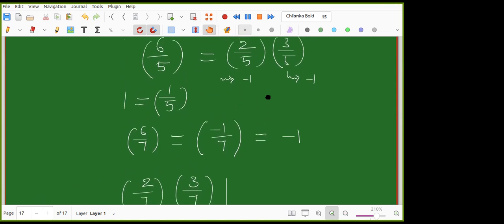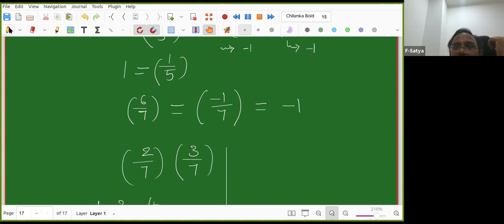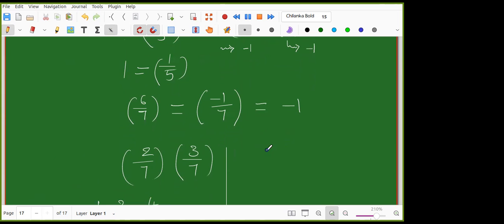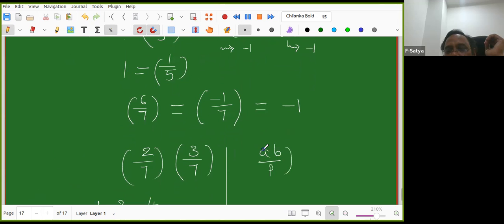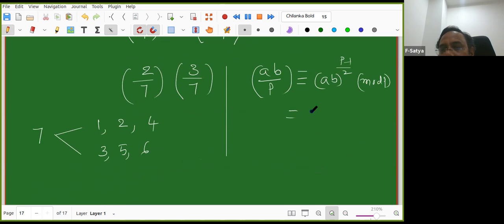So someone will come up with some nice idea. Can use Euler's criterion. Wow, very good. I think Amiya, right? Yes, sir. Yeah, good. Use Euler's criterion. What is AB by P? It is AB whole power P minus 1 by 2. Now congruence actually. Why congruence? AB power P minus 1 by 2 is a big number, but I have to do modulo P, right? But this is nothing but A power P minus 1 by 2 into B power P minus 1 by 2, modulo P. So this is nothing but A by P and B by P.